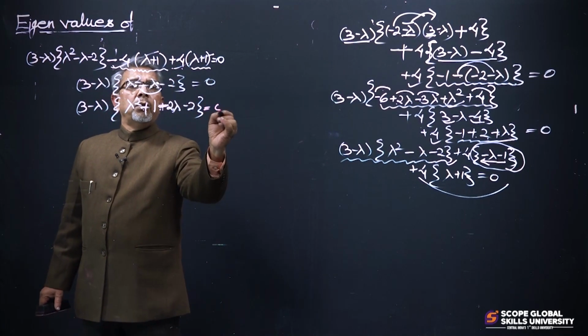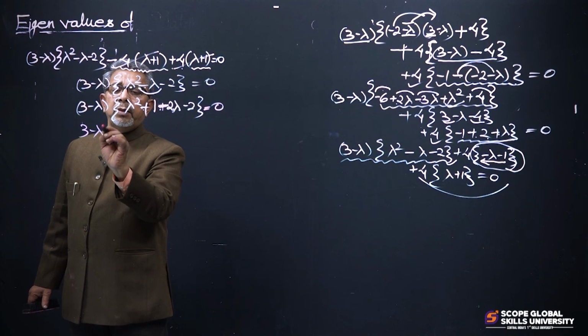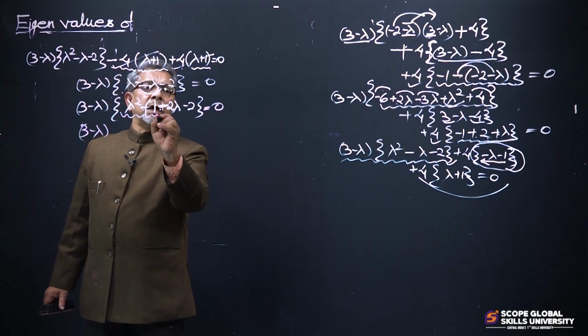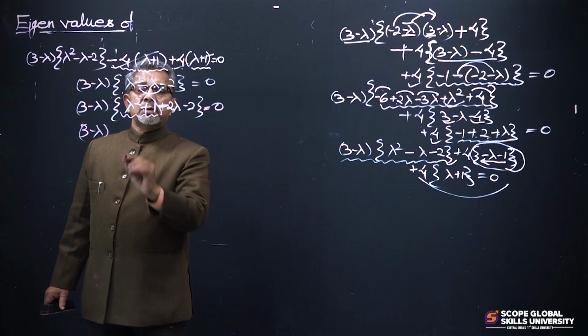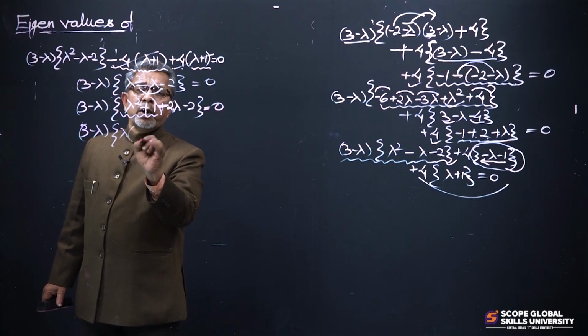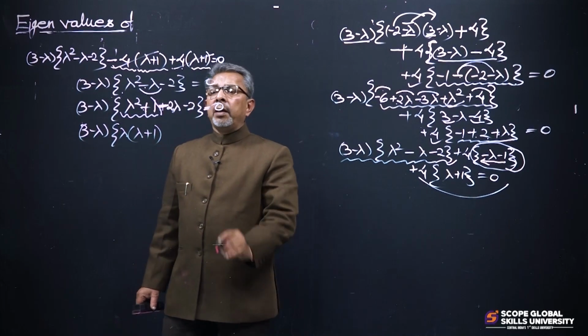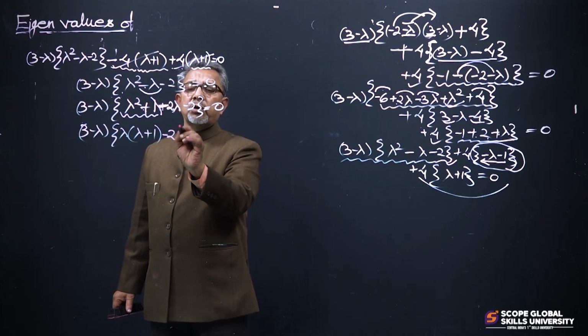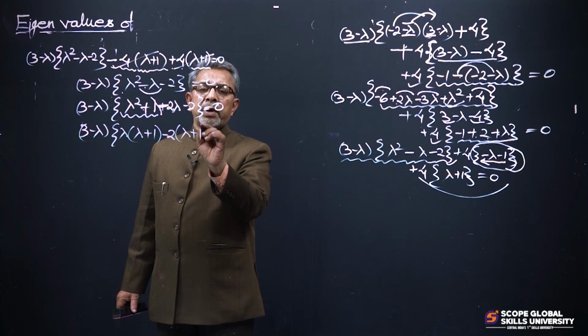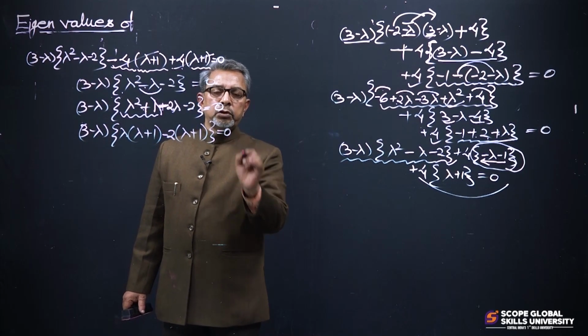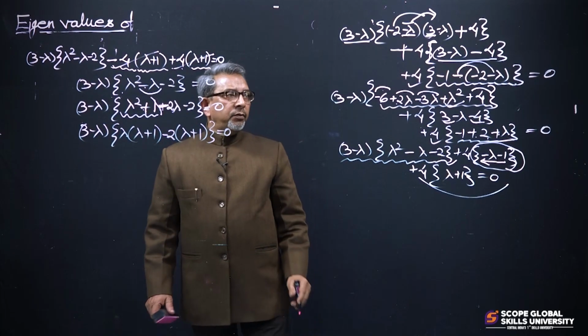Now 3 minus lambda, if we consider here lambda as the common element, we get lambda plus 1, and here if we consider minus 2 as common, we get again lambda plus 1, which is equal to 0, and finally